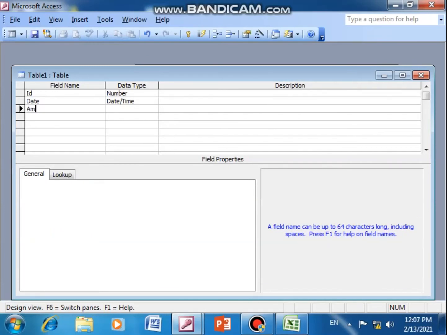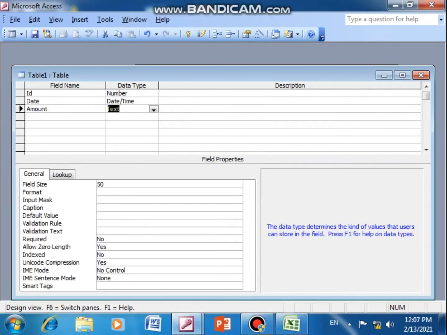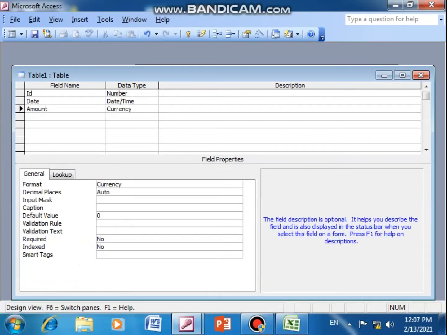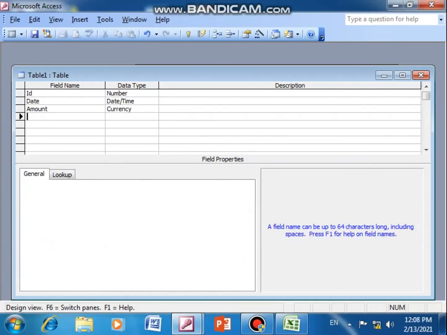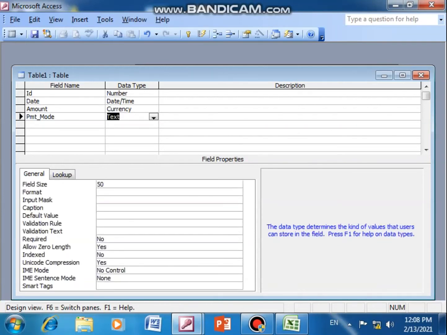Amount. How much amount is being paid? Currency, correct. Again, currency is like number, so it is showing 0 here. Then I remove that 0, currency in amount, and then mode. Payment mode or mode of payment. Okay, that we will keep as text. So this much work is over.